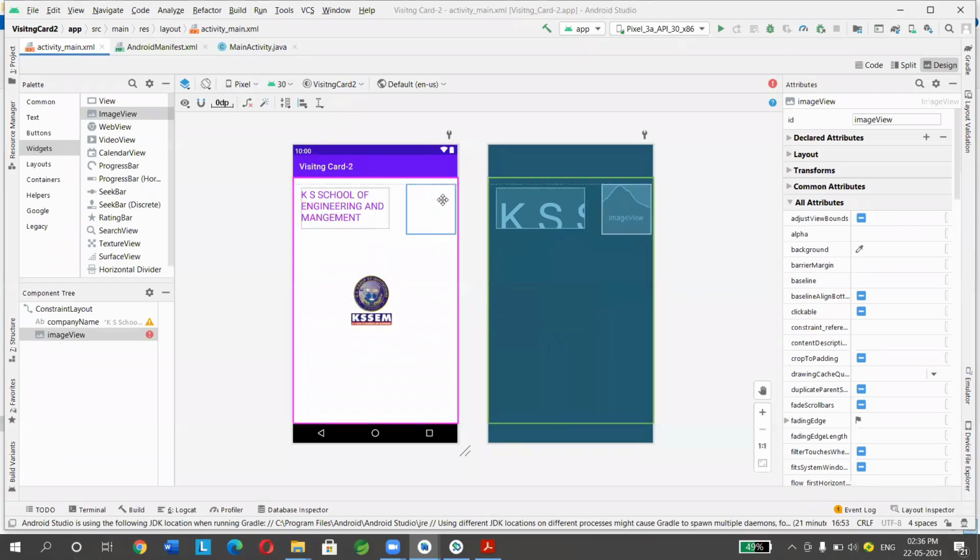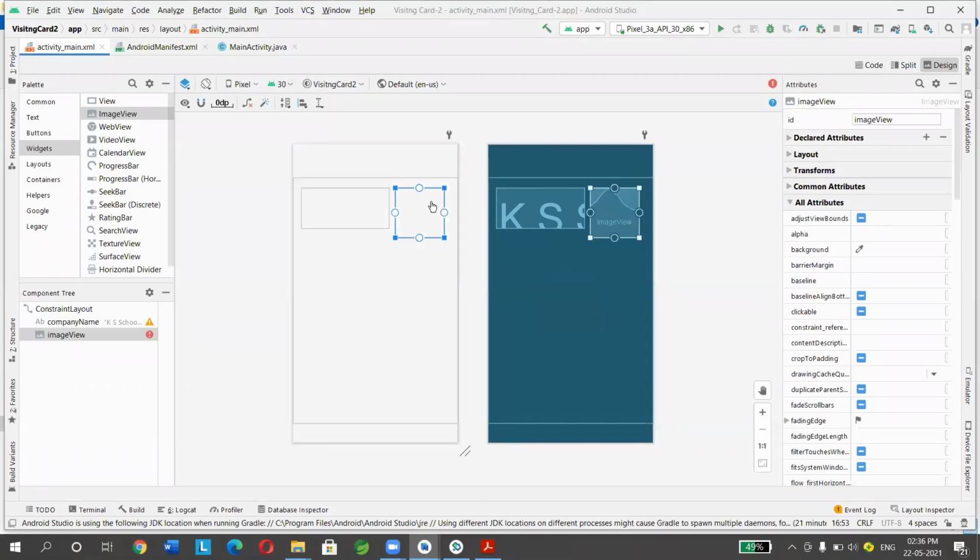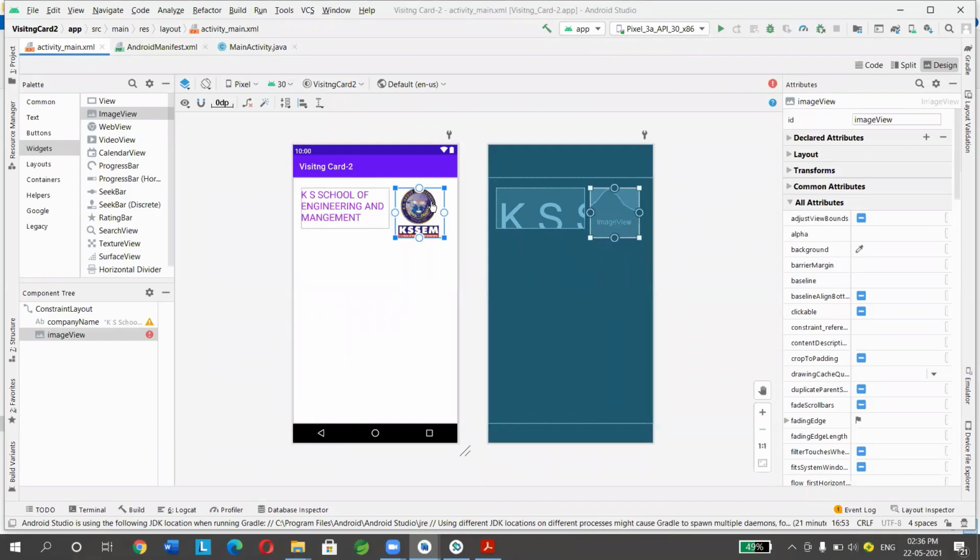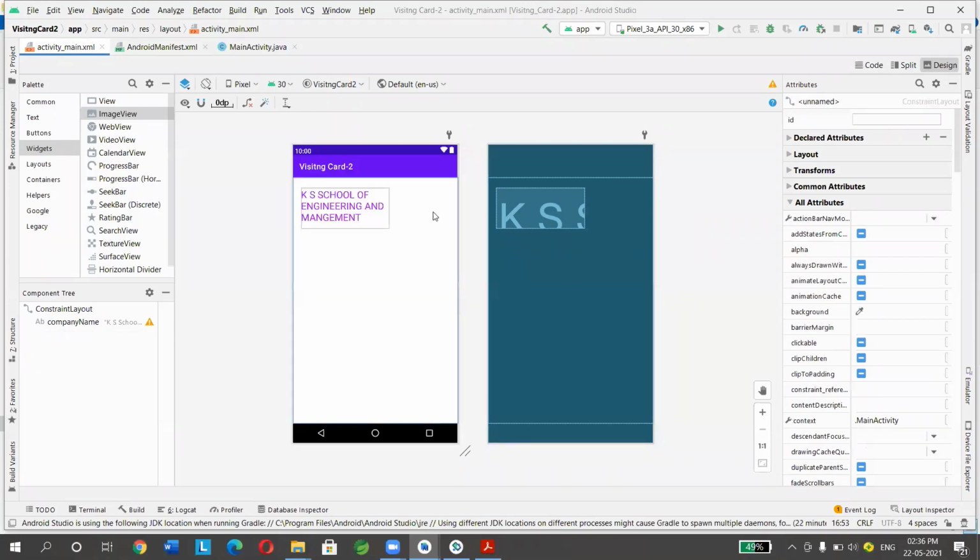Sir, can you repeat it, sir? Which one? That widget one. From where should I repeat? How did you add that image, sir? After copying the image, how did you add it? How to add this image, right? You understood how to copy the image to that folder, right? Yes, sir. That I understood.